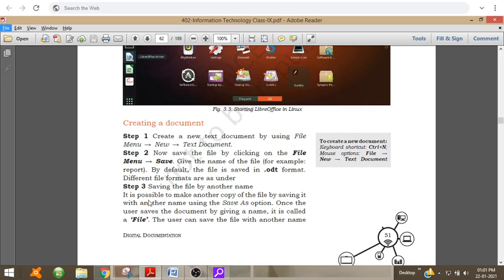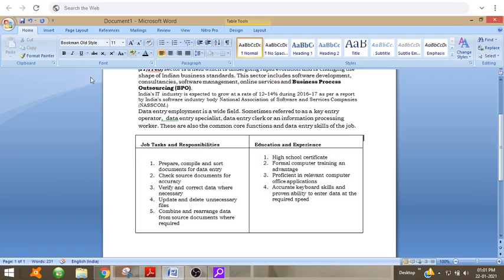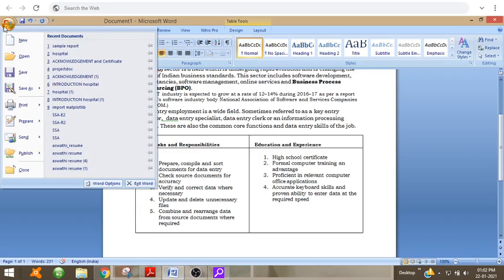So after opening the Word document, how to create a new document? For creating a new document, go to the file, this icon. This is the file menu, and in that you have to click on new.